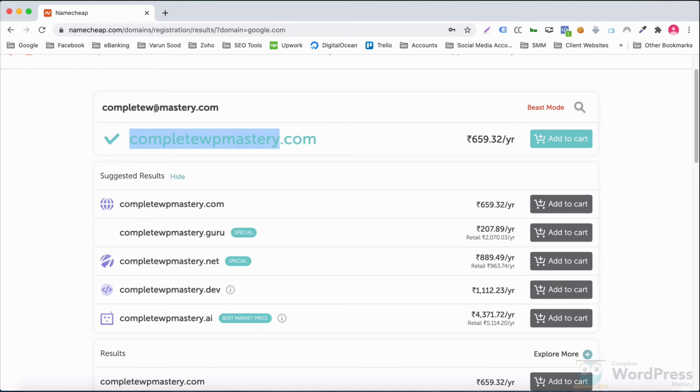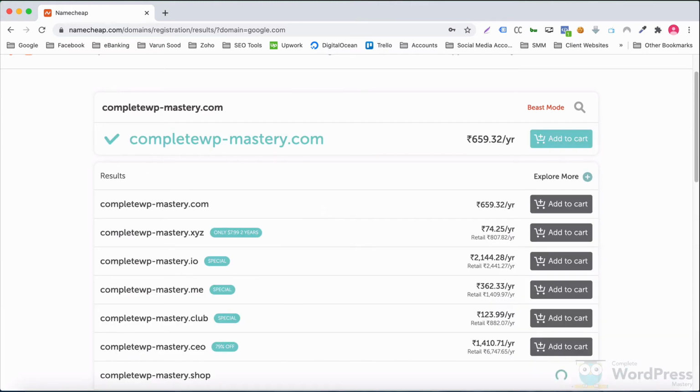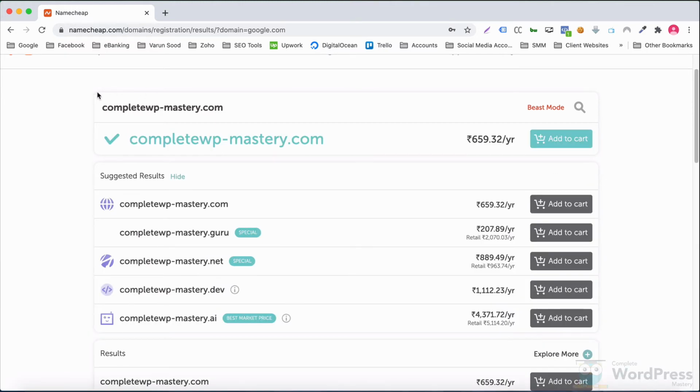Try to keep it as one word if possible. Obviously, domain names have to be unique. In case you need to book a domain name that is not available, and you want to stick to .com, sometimes you will be forced to have something like this. It's perfectly fine, it's valid, but try not to have this.